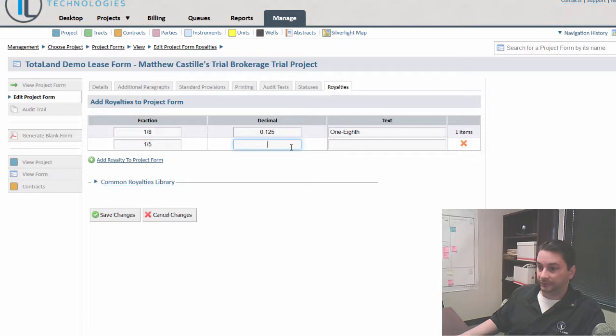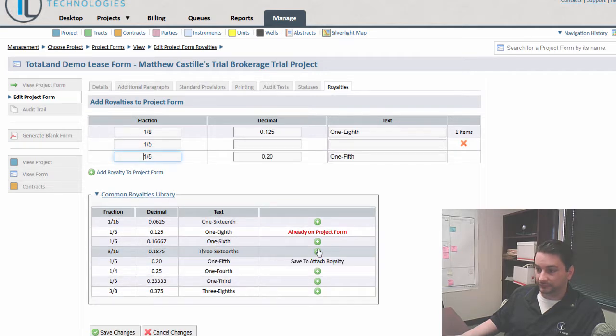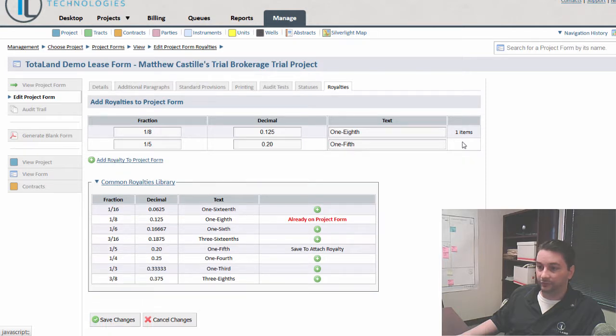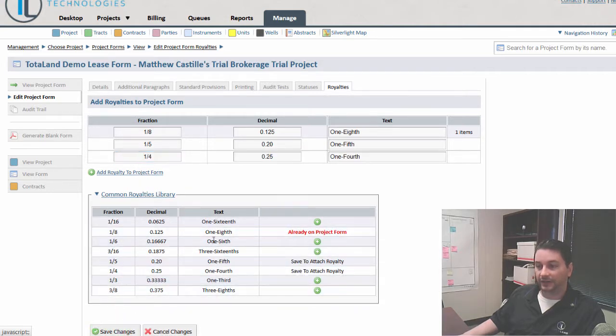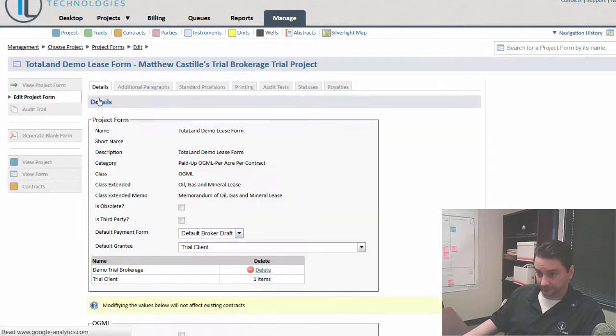You can add it by decimal as well, and text. And we also have a common royalties library, which instead of adding this, you can select these as well, which I'll go ahead and do here. And we can take the previously inputted one off. We'll add 1/4. Save the changes. And again, going back to details,